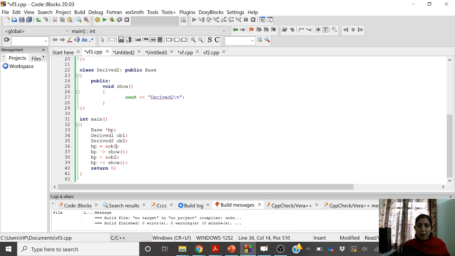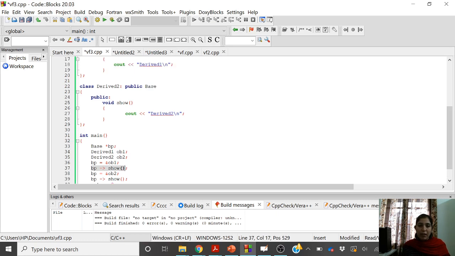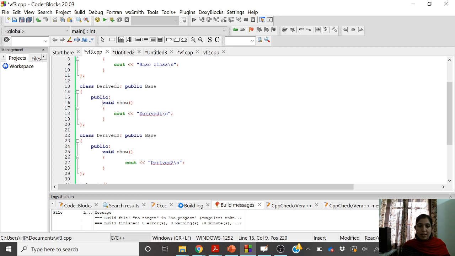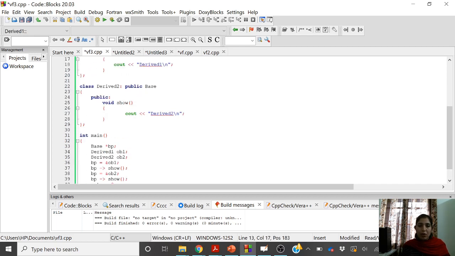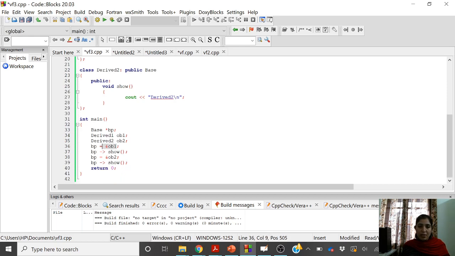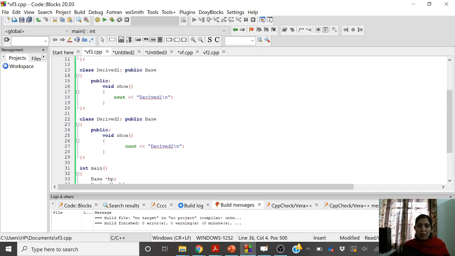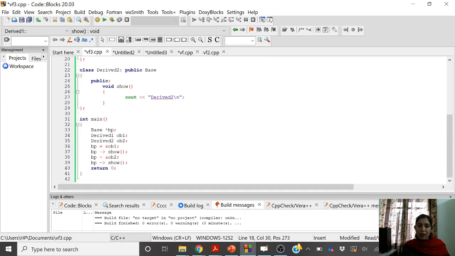So the pointer will have the contents of type derived 1. So when you execute this show function at runtime, it will be bound to this definition which is there in derived 1, because now we are looking at the contents of the pointer. Okay, so it will print derived 1.